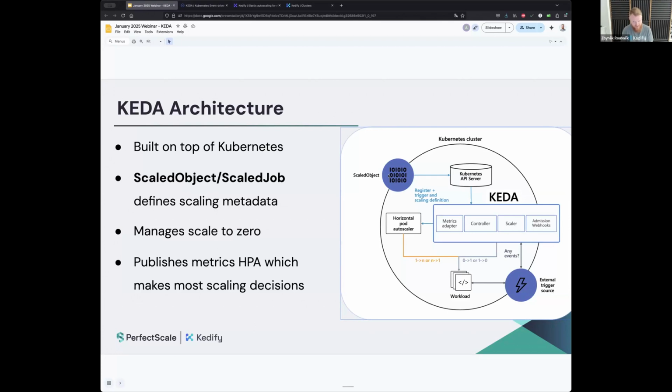There is a main component in KEDA, which is the KEDA operator. The operator processes this ScaledObject and validates the data. For example, if we are talking to Kafka, so we would like to scale out based on a Kafka topic, it opens the connection to the external Kafka broker, which is defined in the ScaledObject, and starts